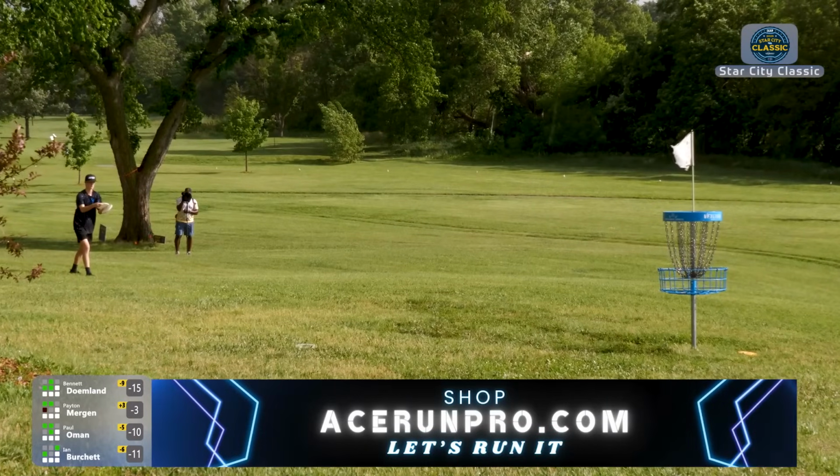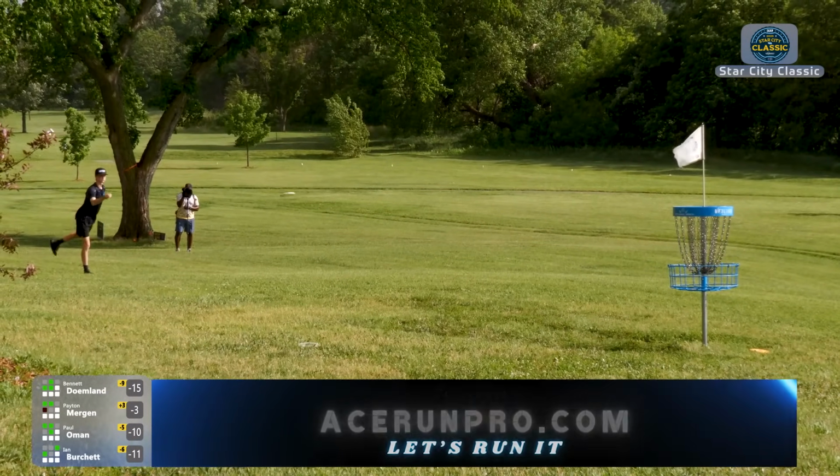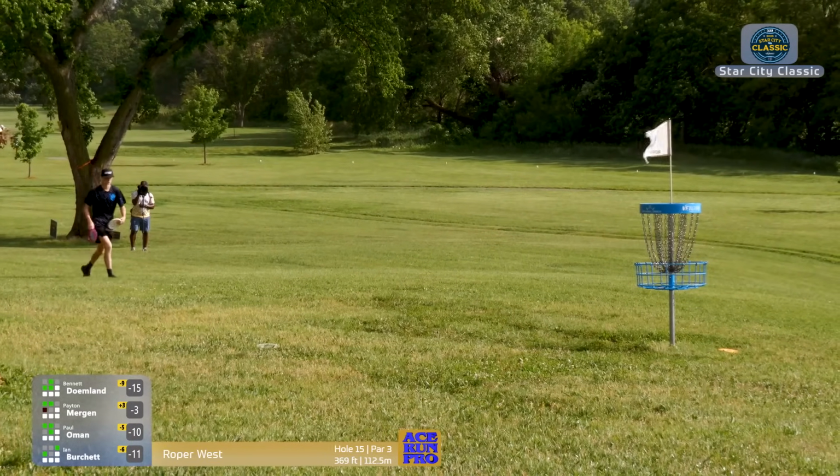Is that a floaty berg shot? I think it was a berg putt from Ian. Is that a thing? I didn't know there was a floaty berg putt. But...